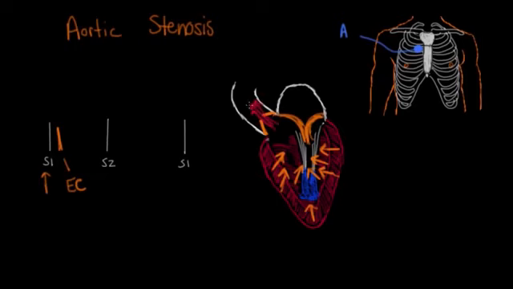And then eventually, as the heart starts to relax a little bit, you're going to get less and less flow. And so the way that this murmur actually looks, the shape of the murmur, is that, like we said, as it contracts more forcefully, you get more and more flow, and the murmur becomes more and more intense. And then as the ventricle starts relaxing, it becomes less and less intense. And so we call this a crescendo, decrescendo